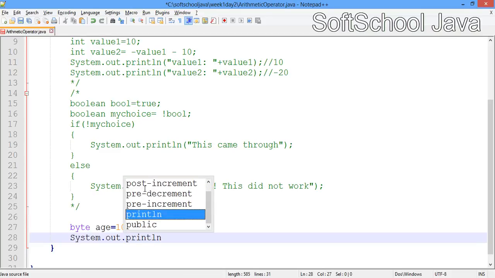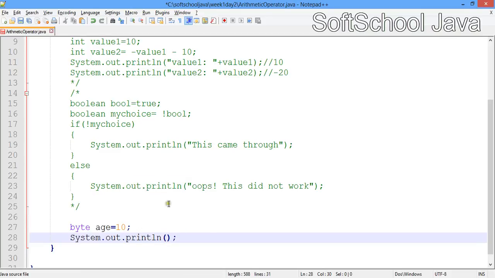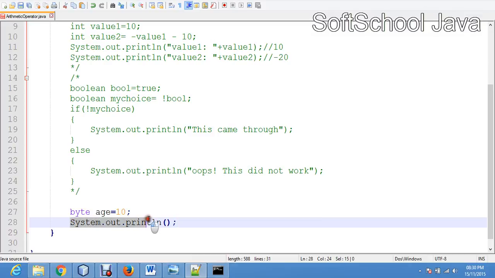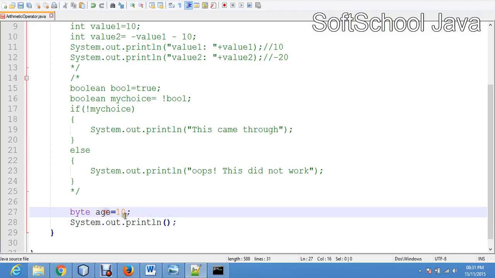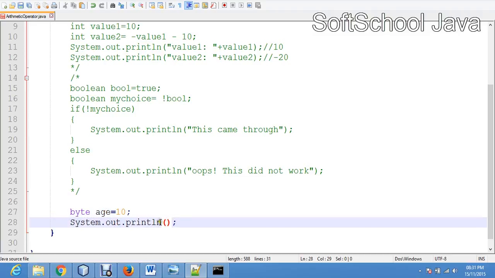System.out.println. I'll discuss this for you later when we discuss classes and objects. I will explain what this line means, System out and println, when we get to week 2 day 1 or week 2 day 2. I'm going to explain extensively what this means so you understand what we're typing here, what Java is really doing here. So now if I say print age,